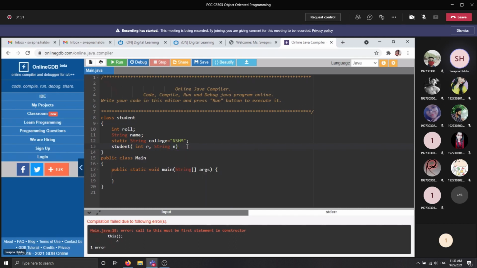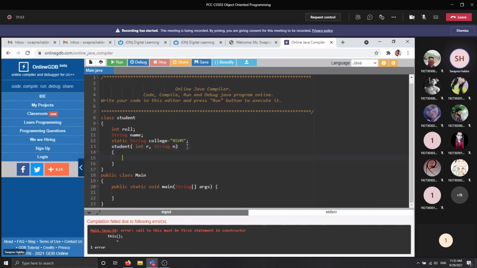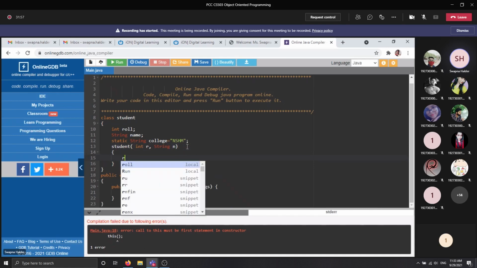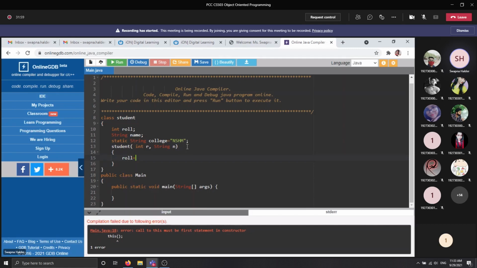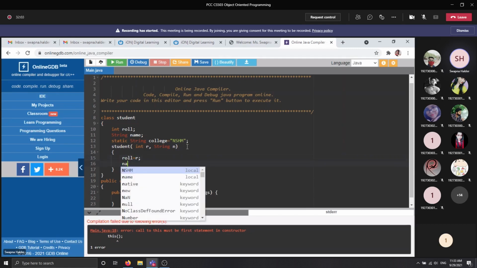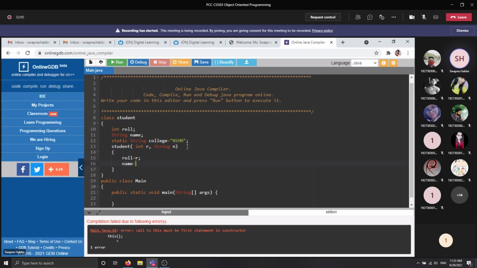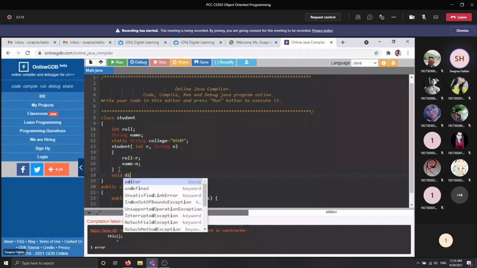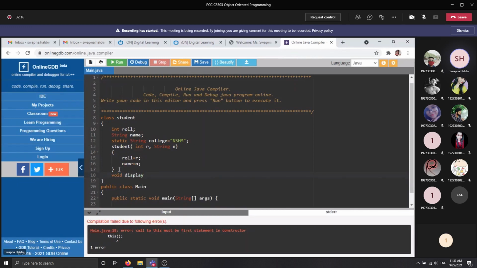After that, you need to initialize these variables with your instance variables, so you need to write roll equal to r and name equal to n. Next, here we are declaring one method, the display method basically, to show the information that you have just passed.